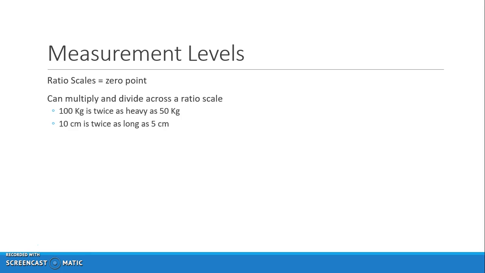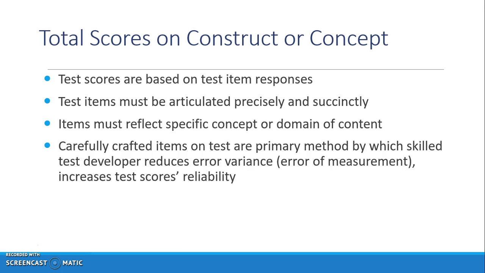So remember that with ratio scales, there's a 0 point you can multiply and divide across a ratio scale, and essentially weight is used always as an example. But you can look at the 10 centimeter line being twice as long as the 5 centimeter line in terms of the mark on the line of that visual analog scale, for example. So total scores on a construct or concept are based on the responses, and basically you've got to give scoring directions so that people